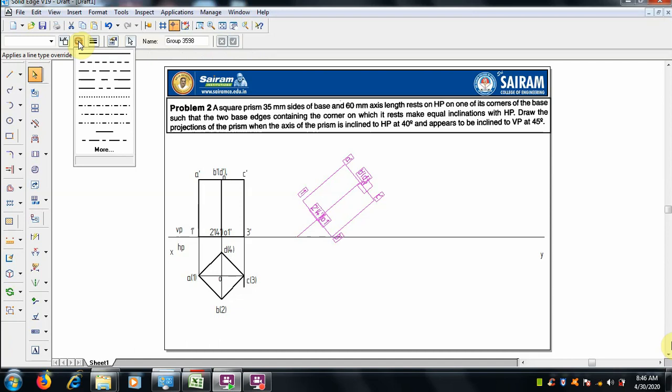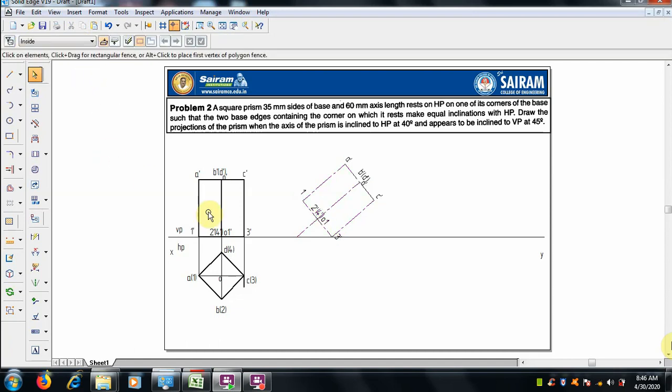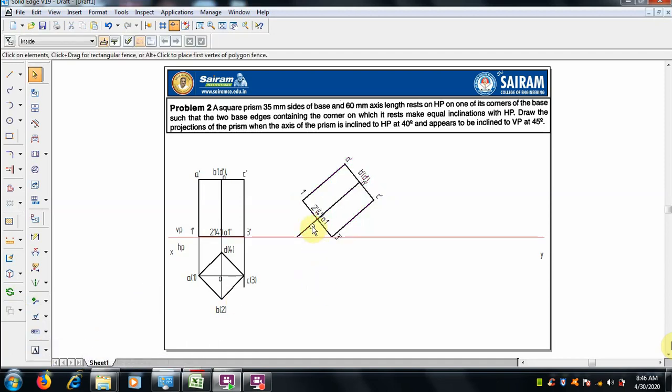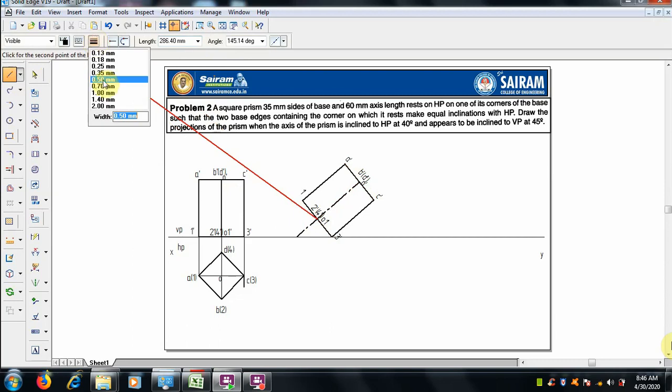extend that, and let me make a center axis now. So let it be. So select only that center line, ungroup this for selecting that particular line. Now, since it is visible, we should not change it.